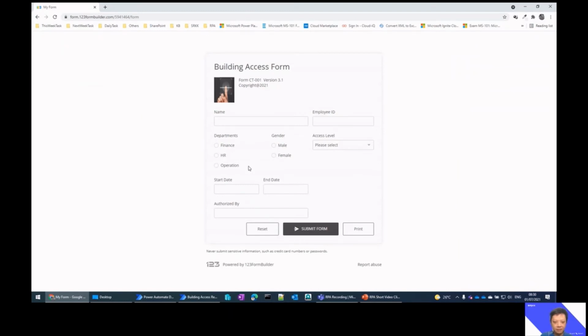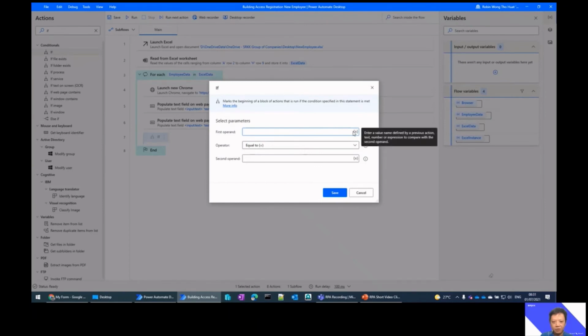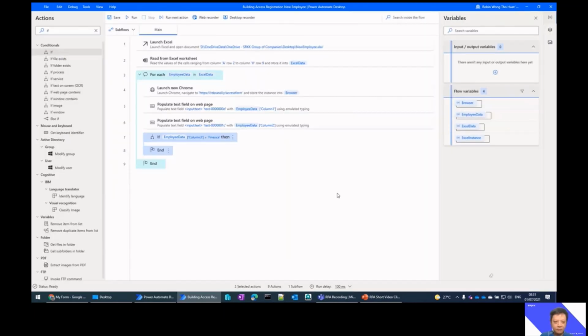A little bit complicated, but quite straightforward as well. So for this particular department, we need to find out first from the Excel file which department the employee is. Then only we assign. You click here, right? So to do that, we need an if statement. The if statement will look for employee data column number 3. Column number 3 is equal to finance. If column number 3 is equal to finance, what I want them to do is populate,